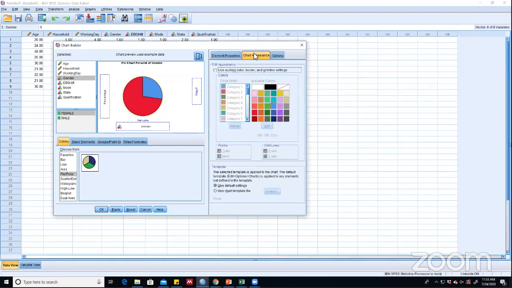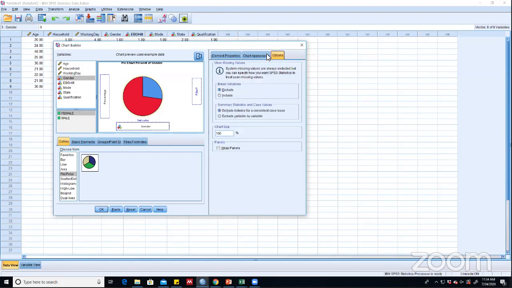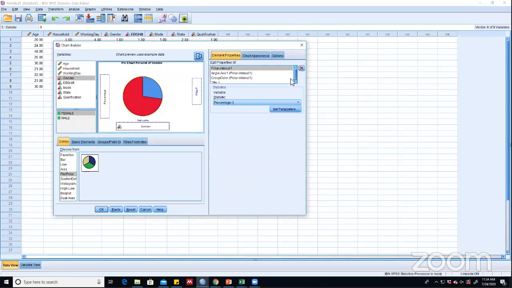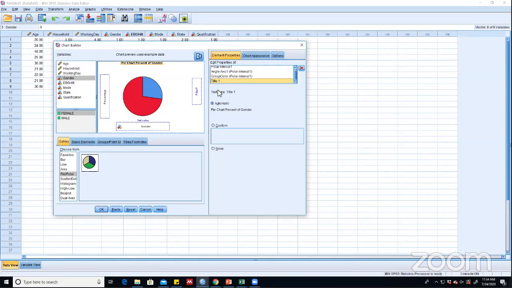Other than that, you have the chart options, basically what color you want to use. Whether you want the default, or you want to use any customized color and all, those options are there in the chart appearance, and other options are also there. It is similar to our Excel sheet only. We can change things in your custom manner. Also, here options are there. If you want to change your title, whatever you want to give as your custom title, if you type it, you will get it. Okay,